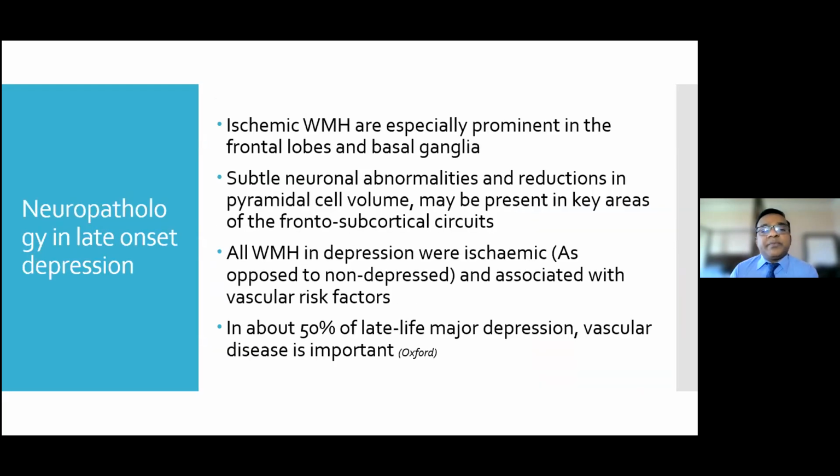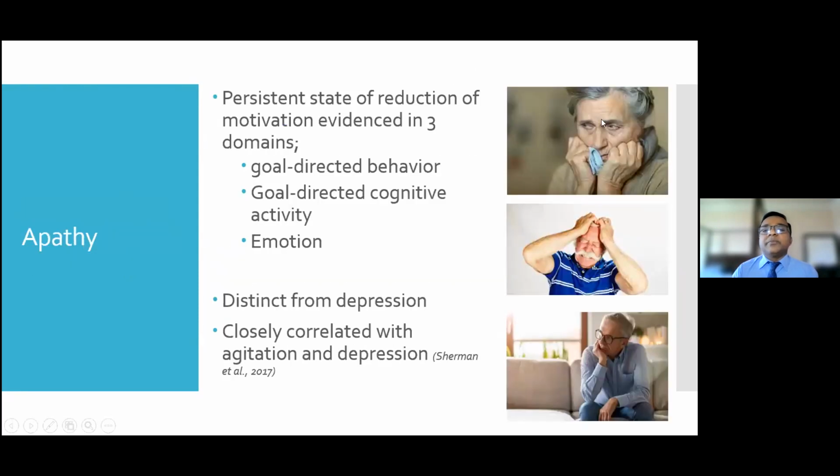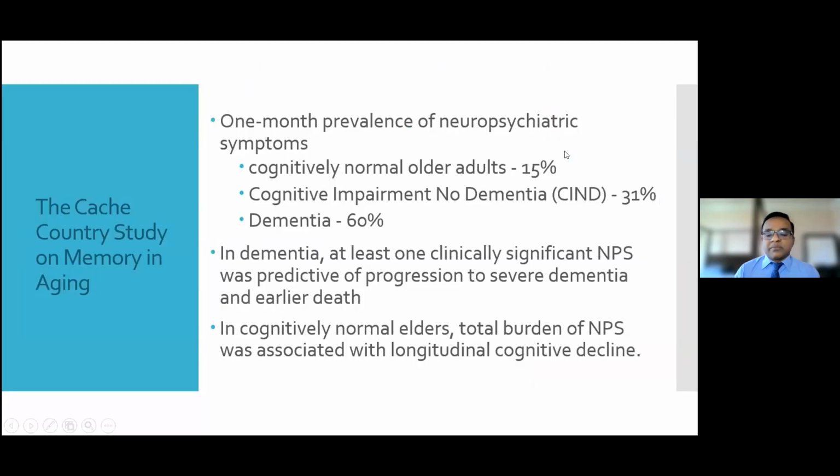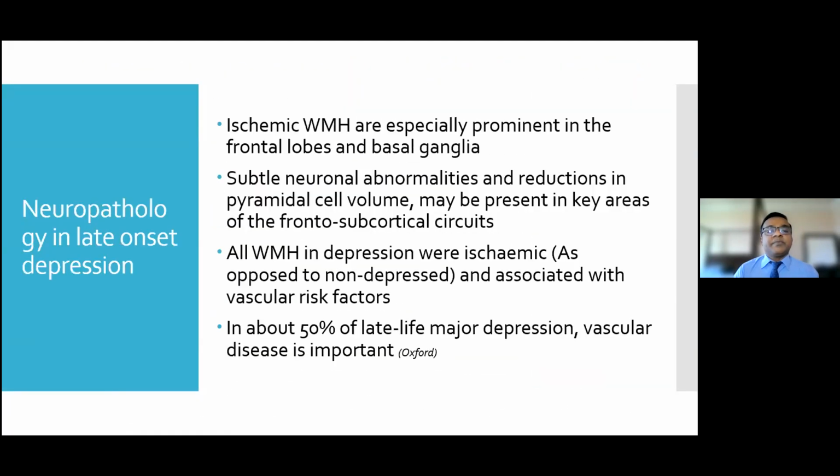Then ischemic. Right, white matter hyperintensities are especially prominent in the frontal lobes and basal ganglia and subtle. Right. Neurological abnormalities and reductions in pyramidal cell volume may be present in key areas of the frontal subcortical circuit. All white matter hyperintensity in depression was ischemic, as opposed to non-depressed, and associated with vascular disease. This is, I'm a psychiatrist, so